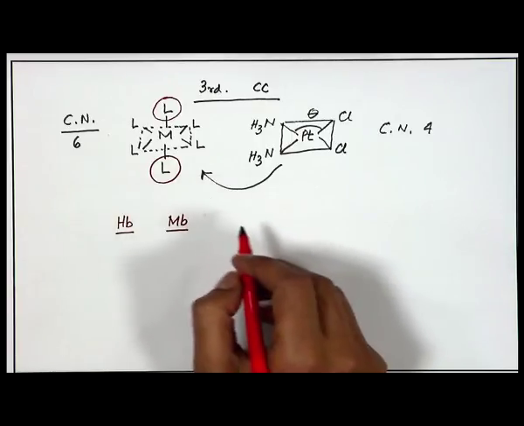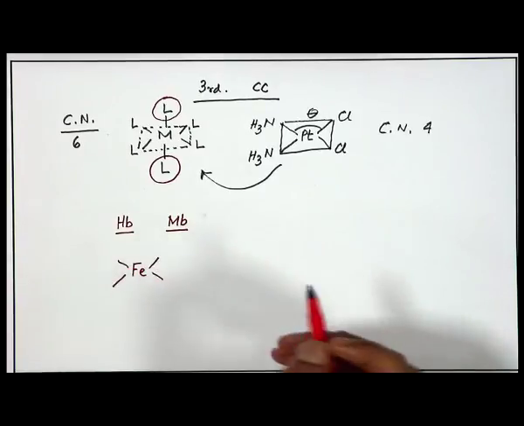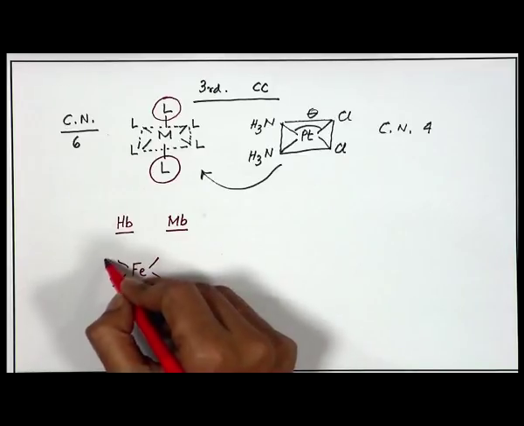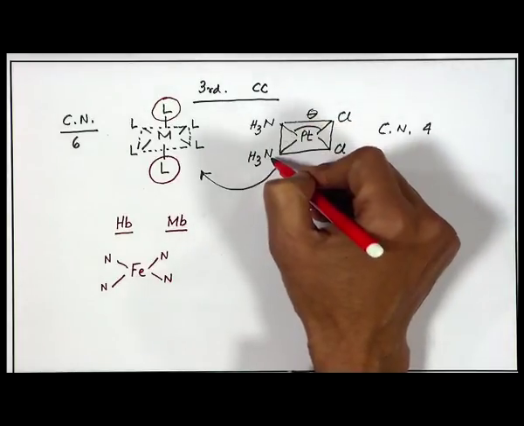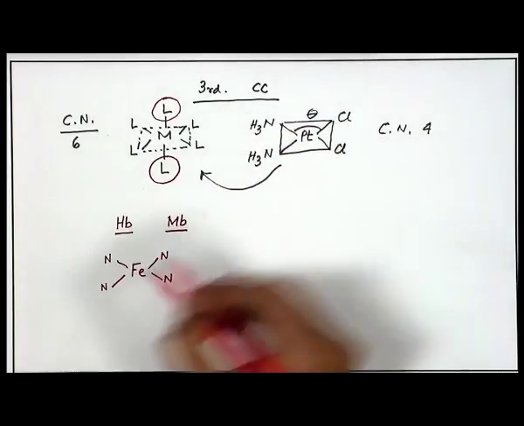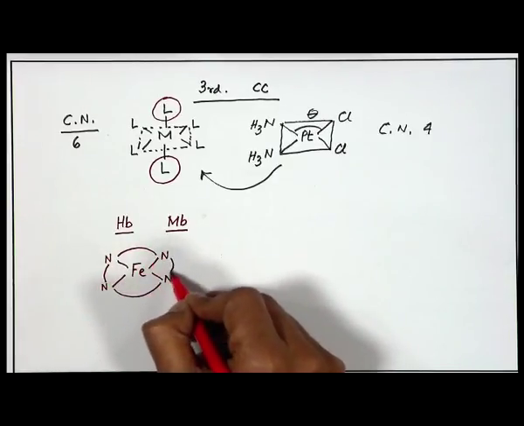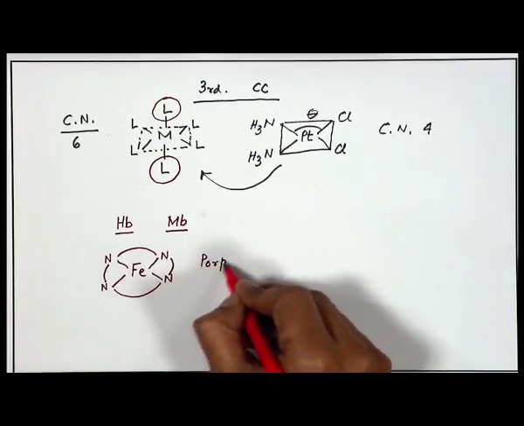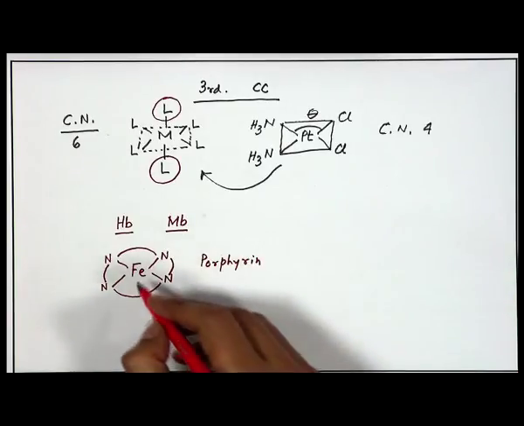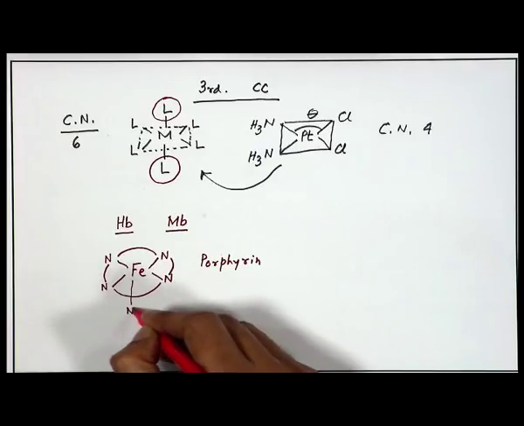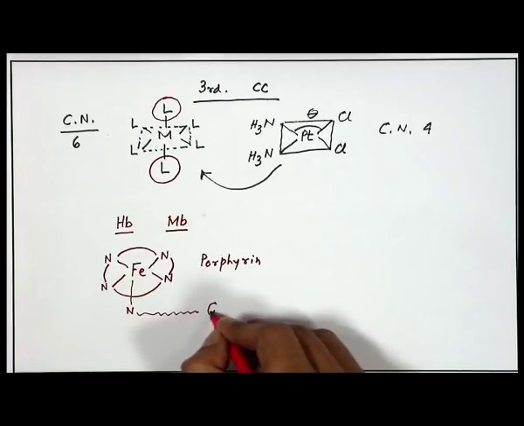So, in the biomolecules also we have the same situation where the iron is attached to 4 nitrogen donor atoms like this. Here we had 2 nitrogen and 2 chlorine groups, but here 4 nitrogens from a particular type of ligand, a very useful ligand which is a porphyrin ligand. And this porphyrin ligand is useful because it gives rise to some coordination through nitrogen of a protein chain which is our globin chain.